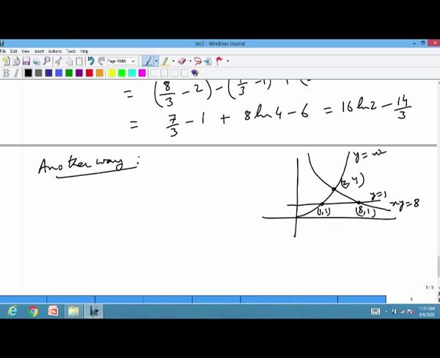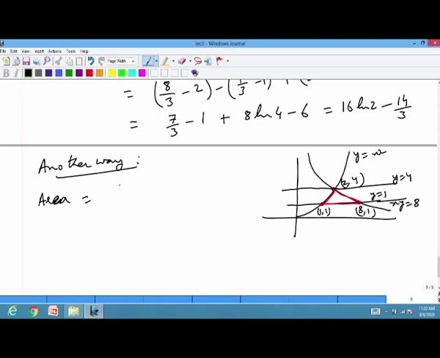Now, here you can see that this region is bounded between these two lines y equal to 1 and y equal to 4, and the left curve here is y equal to x square and the right curve is y equal to 8 by x. So, this area